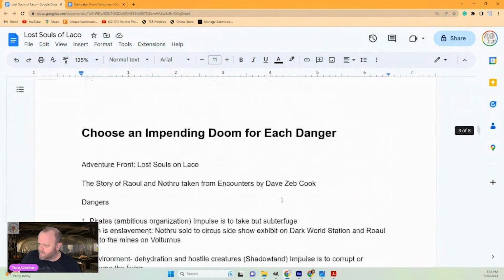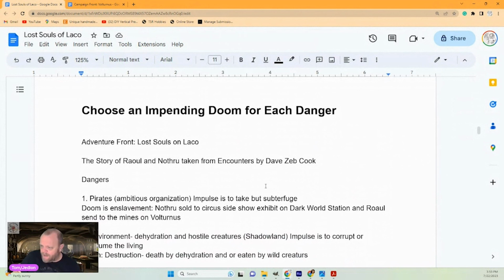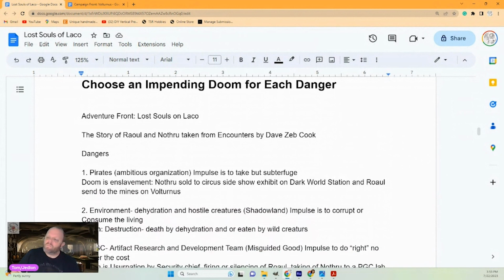So the next step is choose an impending doom. It's funny because impending doom actually comes towards the end of the chapter. It's so out of whack when you go through there. But so I chose the impending doom. Looking through the list, I chose enslavement. Northru was sold to a circus sideshow exhibit on Dark World Station, and impending doom for Raoul, sent to the mines on Volturnus, the mines that the pirates are exploiting,